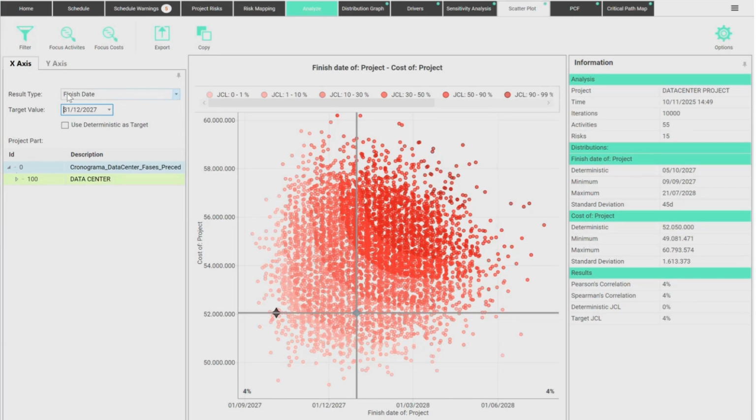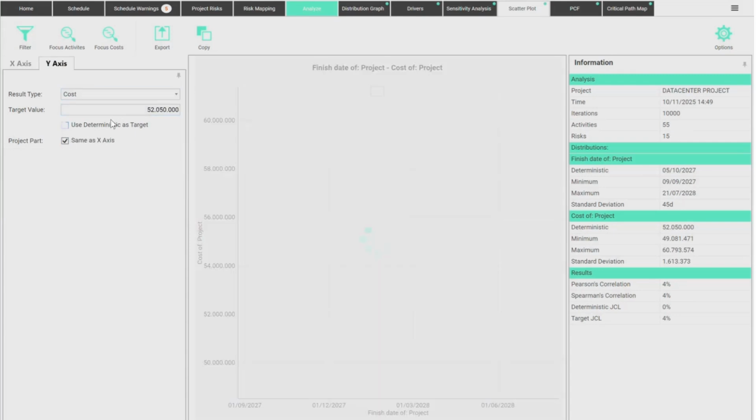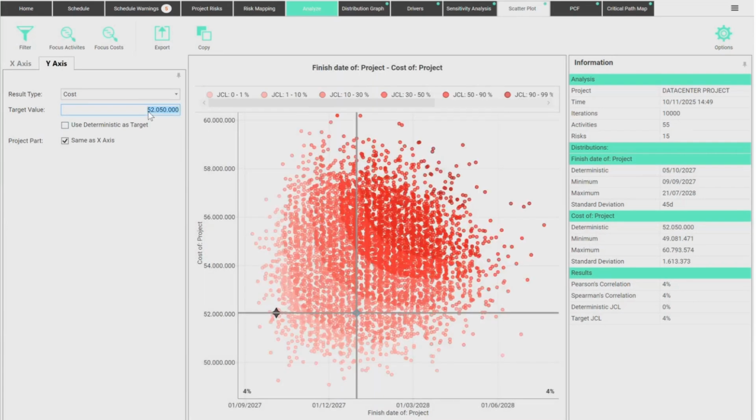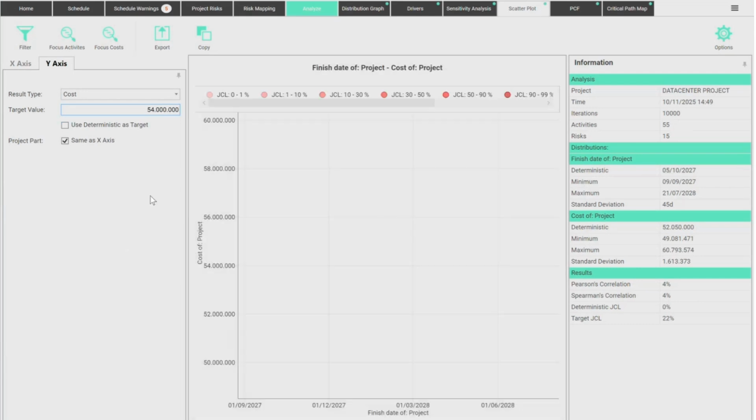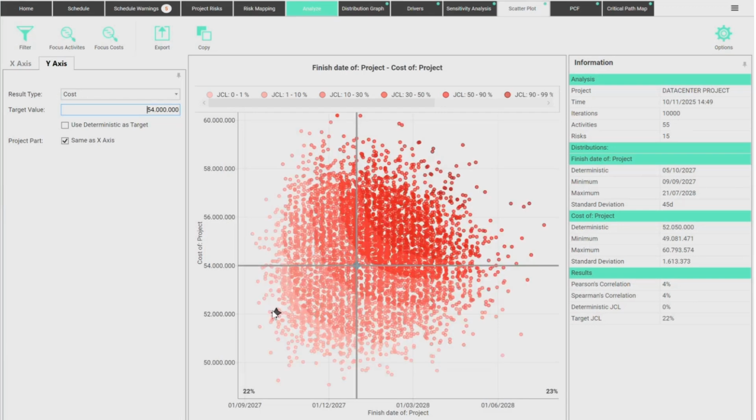But what about finishing within the deadline and also within my budget? I'm not going to use the deterministic budget. Let's suppose we have some allowance and I'm going to use the budget with contingency. Let's suppose we have 2 million in contingency, so 54 million will be our budget with contingency. The likelihood that we finish within budget and within deadline is 22%. The likelihood we finish the project within budget, but still miss the deadline is a little bit higher. It's almost 50%, it's 45%, okay?